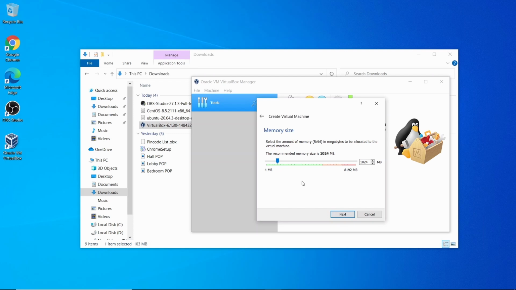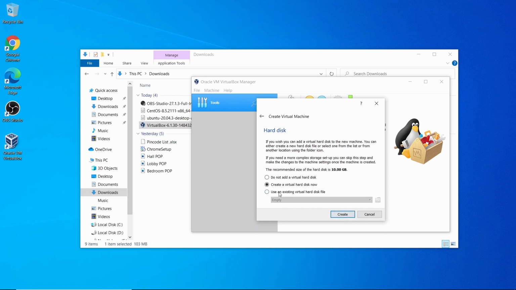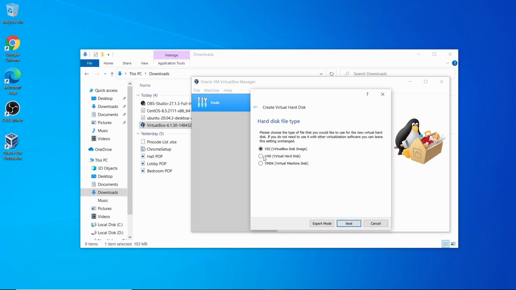Now this is very important. So this is the amount of RAM that you can allocate for this virtual machine. So in the physical world, you have a computer, right? It has RAM, it has storage and everything. The same thing we are configuring here. So we are configuring RAM, random access memory. If your computer is pretty old and does not have much space or RAM, you can allocate 1 GB, 1024 MB, as you can see here. If your computer is having 8 GB of RAM, 16 GB of RAM, I would recommend here to go with 4096 MB.